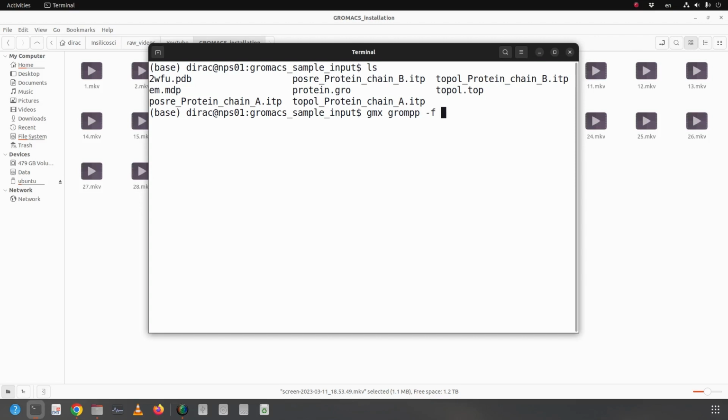The -f option, which takes the MDP file, the -p option, which takes the topology file, the -c option, which takes the coordinate file, protein.gro, and the -o option, which specifies the name of the combined file. Let's name it em.tpr.